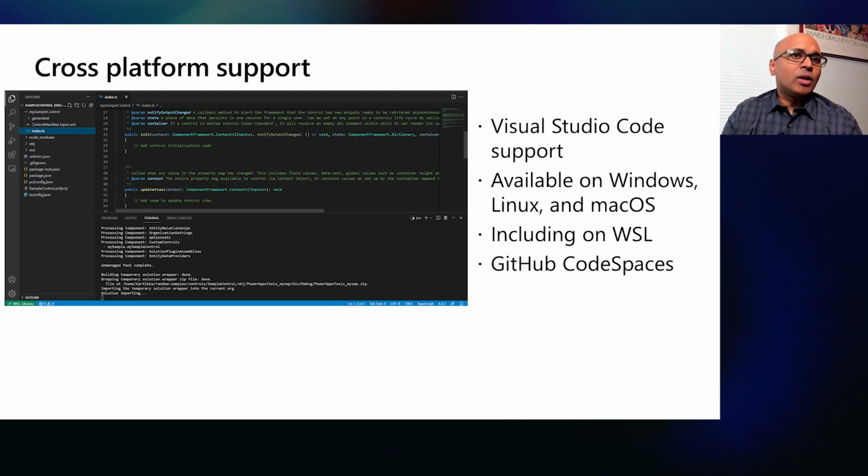In addition to that, earlier this year, GitHub announced Codespaces. What's so cool about that capability is that without requiring you to install anything on your machine, or if you're using a tablet, you can go to the GitHub website and author your applications directly through the web UI. And with the new Power Platform command line, we now integrate directly into GitHub Codespaces. So in that context, you don't have to install or download anything. You can just go on the web page, open up Codespaces, initiate the Power Platform extension, and you're off to the races.